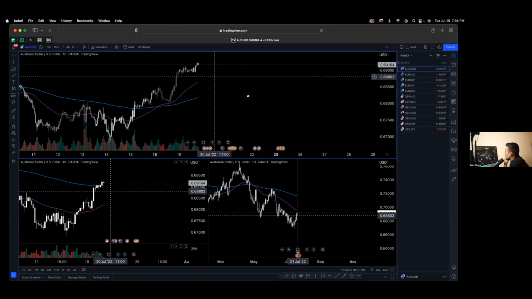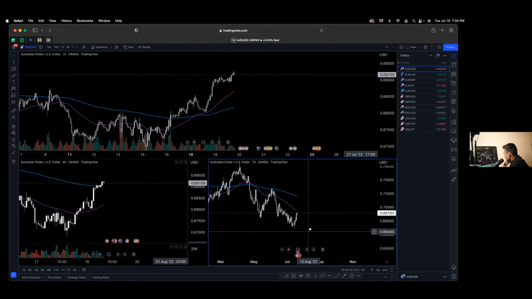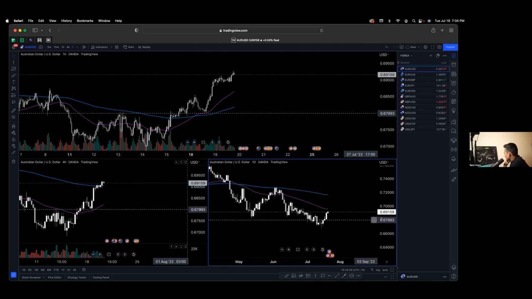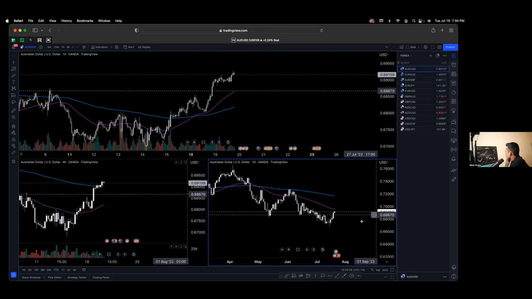But there is movement. I'm looking at AUD/USD. I like how it's going long. I'll just talk about what I'm looking at as I'm going over the charts. So this is the Australian dollar versus the United States dollar. I'm seeing that on the daily, it's an overall bear trend here. So we're in a bear market.